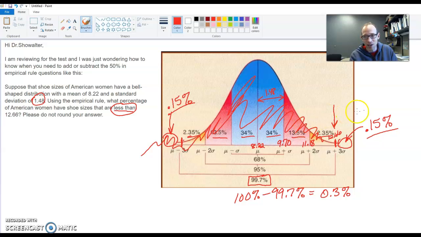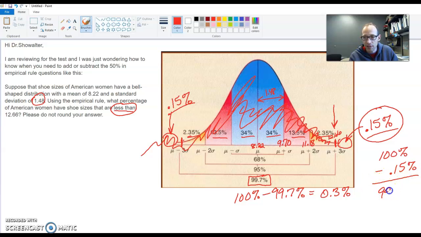In fact, it is all the data except for this little tail, right? So if we want to know what percent is shaded in there, what percent of the women do have shoe sizes less than 12.66, it would be everything except this 0.15%. So it would be 100% minus 0.15. Now that's not 15%, that's 0.15. So that gives you